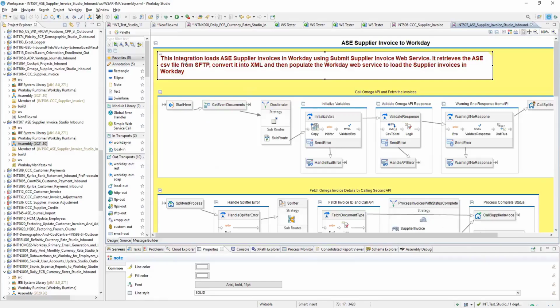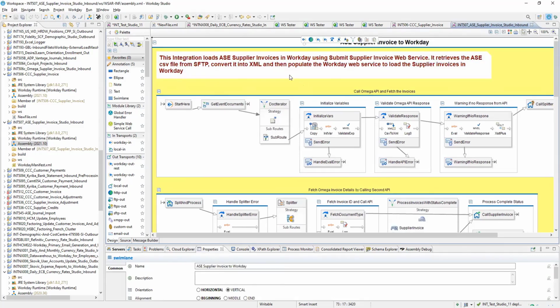Okay, so what is this? The requirement is that there will be a file on SFTP. You have to read that file, and that file will have different supplier invoices. So it's an invoice which you have to load into Workday.